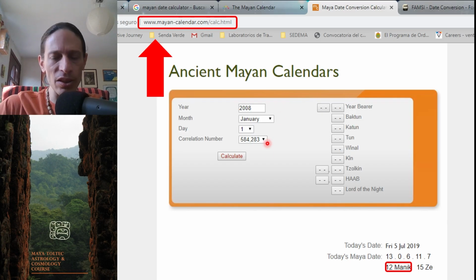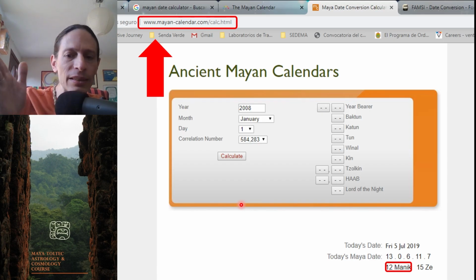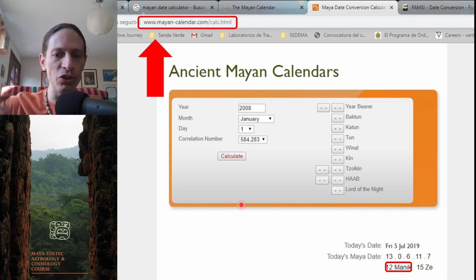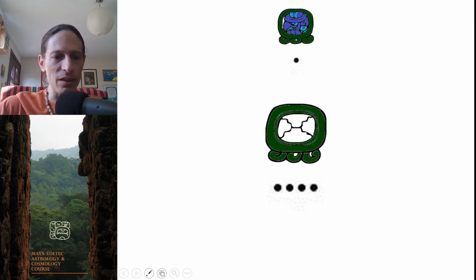In this case, since it doesn't allow you to change the correlation, it's using the Goodman, Martinez, Thompson correlation for the long count and the established Haab count. And it's combining it with the Highland Guatemalan count for the signs, which I guess hasn't had to adjust to the small adjustment of each year. So it gets complicated because it should kind of mess up after a long time.